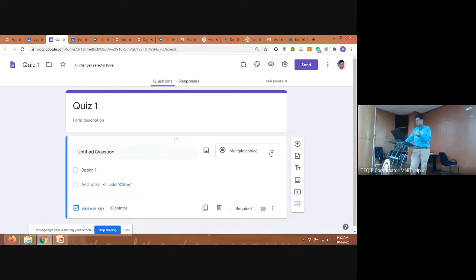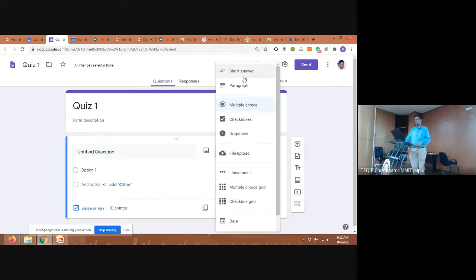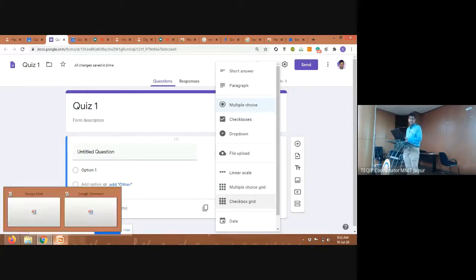There are different types of questions: multiple choice questions, short answer, checkbox, drop down option, or file upload. File upload can be used when you are giving a subjective type of question paper to the students. You can upload the subjective question paper and then ask them to upload their answers.